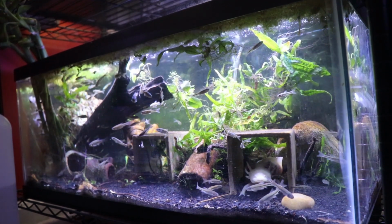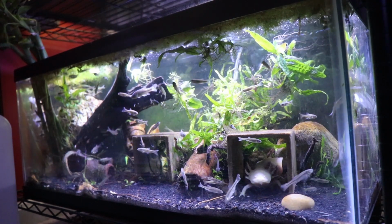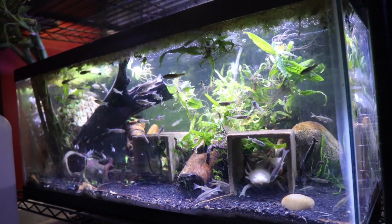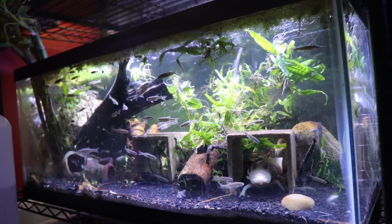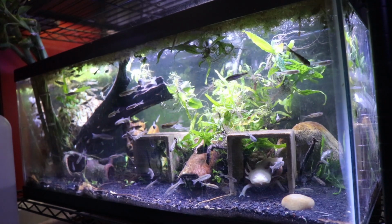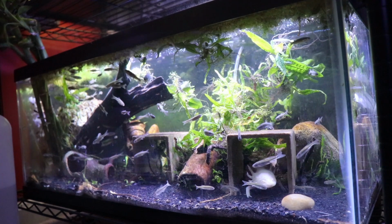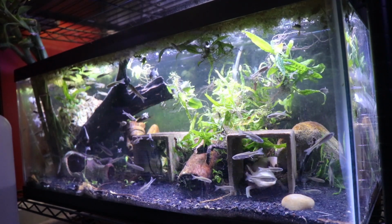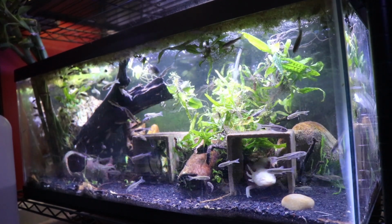Don't get these mistaken with the feeder goldfish though. Feeder goldfish, I'm not going to sound all too educated on this because I do got to do some more research on it, but I am going to say what I do know. It does cause hole in the head for fish, and then goldfish do have a chemical called xanthan in them, I believe, and that pretty much enables whatever is eating them an ability to consume protein and use it metabolically, so it will end up kind of stunting some growth,